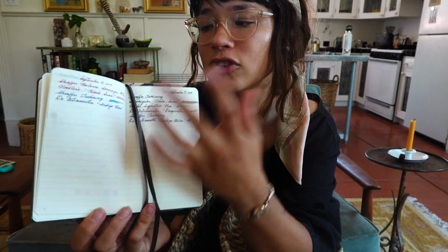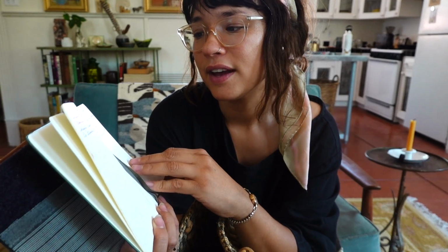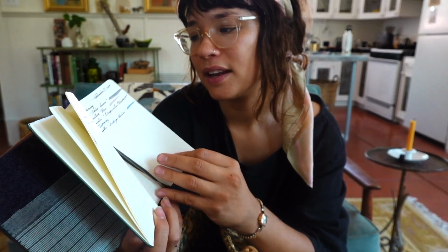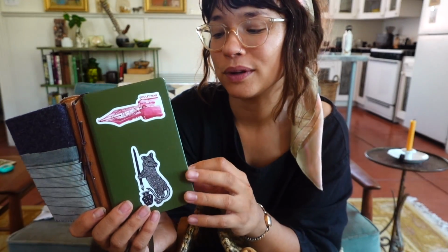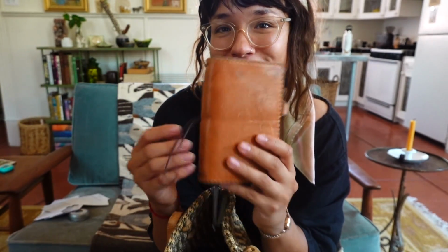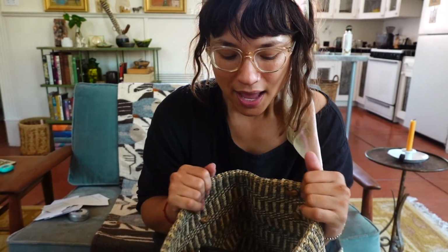So every page is a different day, and in that day are the pens that I have inked up, and it's just nice to have a little book like that. So that's what that's going to be for. I'm really happy to have a use for this baby because it's just beautiful. Now,